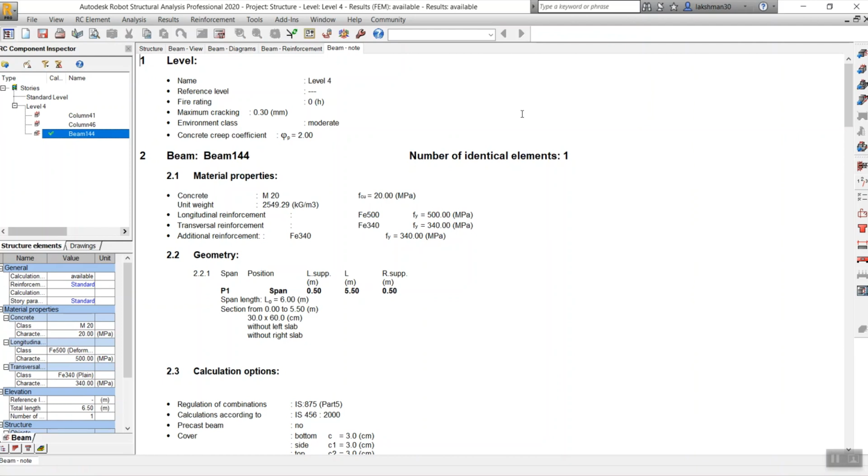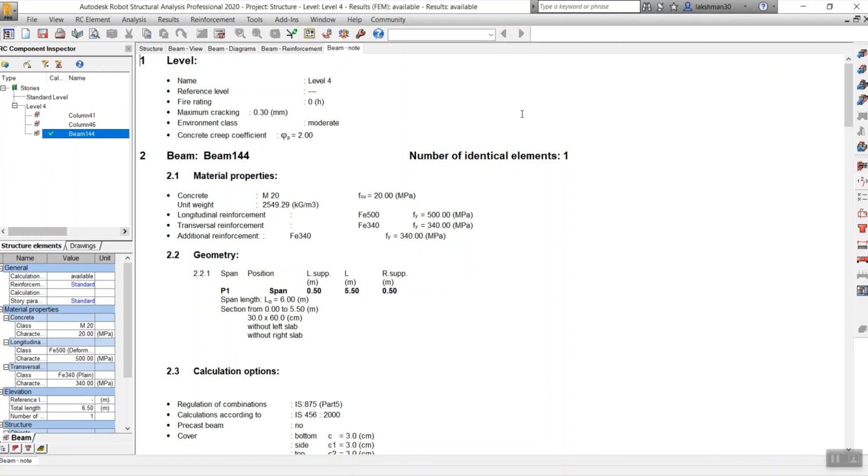The modeler will be modeling and detailing in the 2D platform and doing the documentation work. What we are doing here is working as a designer, and a designer doesn't want to concentrate on modeling. A modeler sends the model, we just import it into Robot and we have the whole model. Our work is just to add the loads, do the analysis part and do the design part.